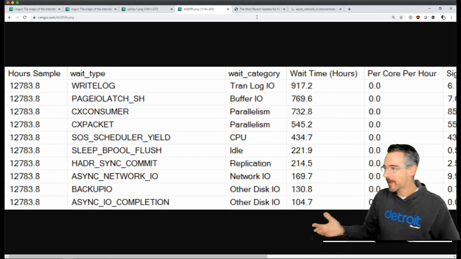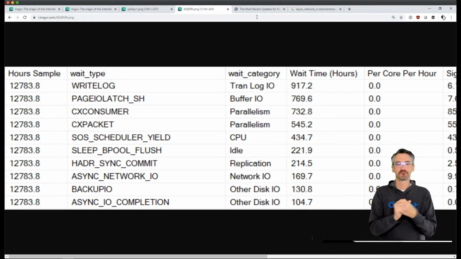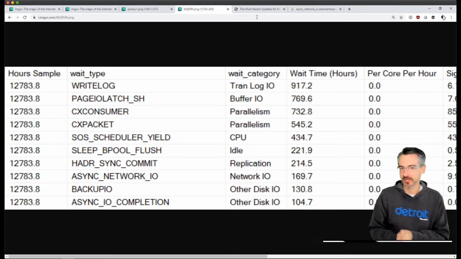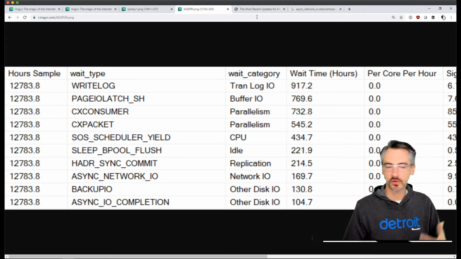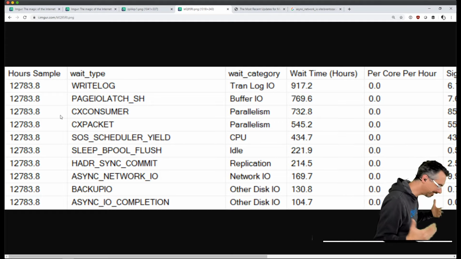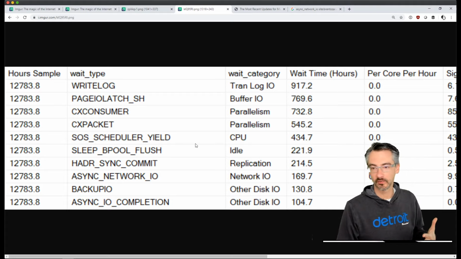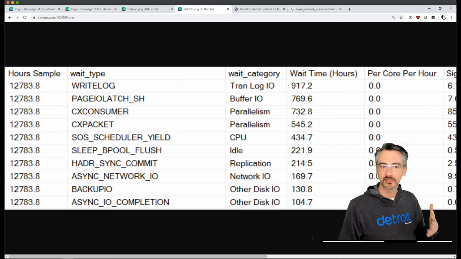what the hell? You've got to patch, man. Mike, come on now. Mike, your server's been up for 13,000 hours, and you're on a relatively recent version of SQL Server. So you're on either 2016 patched, or else you're on 2017, 2019. Hell, I don't think you could be on 2019 with this level of uptime. You've been up for a really long time. It is time to patch this server.